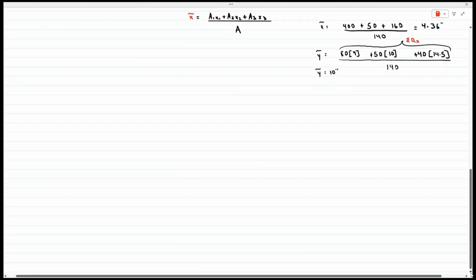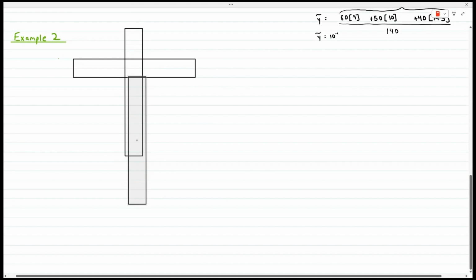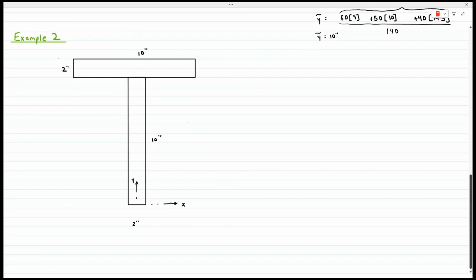Let's go ahead and move on to another example. In this example, we're going to be finding the centroid of a T-section. The top and bottom section of the T is exactly the same dimensions, 10 by 2. Now, we want to find the moment produced about the x-axis because our goal is to find the y-coordinate of